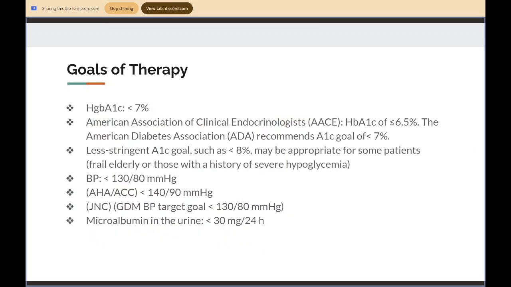Next, we have goals of therapy. Overall, the goal needs to be, the A1C needs to be below 7%. Okay? The AACE, the American Association of Clinical Endocrinologists, they prefer 6.5% or lower. The ADA recommends 7% or lower, or below 7%. Going back to metformin,